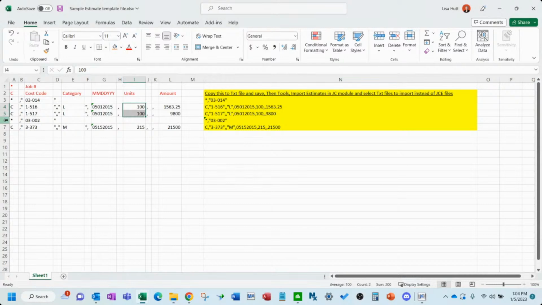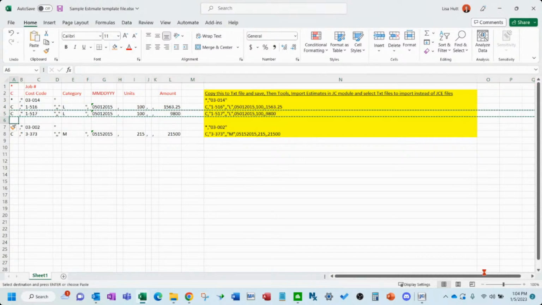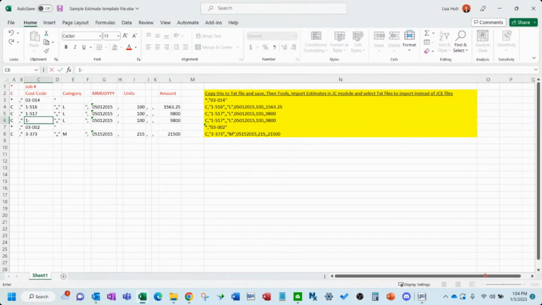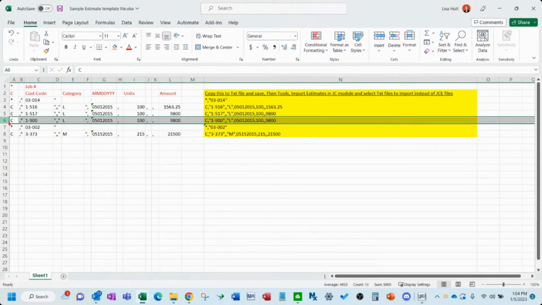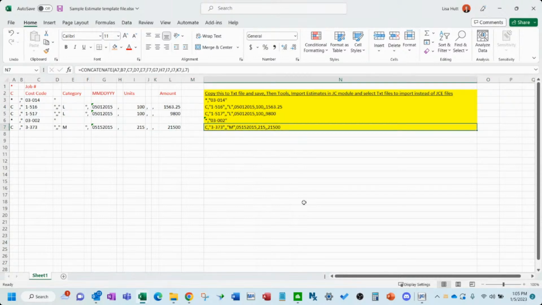So if you want to create another line on here, do something like that, and it knows it's part of this job because it's still under the star. Okay. Then the next job starts over with a new star. You've got the job number, and you have the related cost codes underneath. Okay, so this formula over here, if you add more lines, just make sure that copies down.